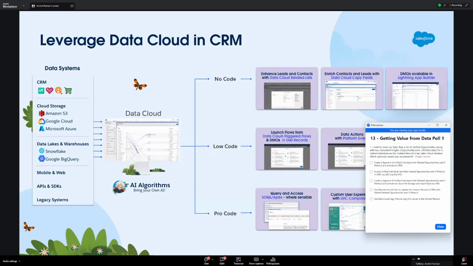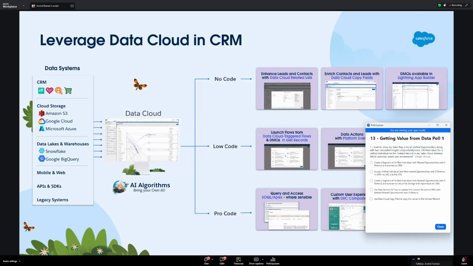So right now you can enhance your leads and contact records with any of your Data Cloud related data, as well as copy field, where you can have a process to copy the data from Data Cloud into CRM. And then we also have your DMOs within Data Cloud that you can customize using